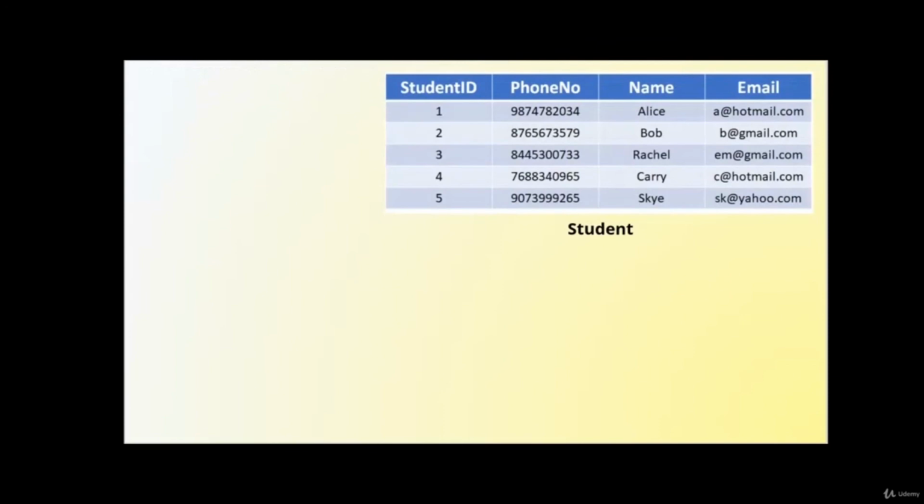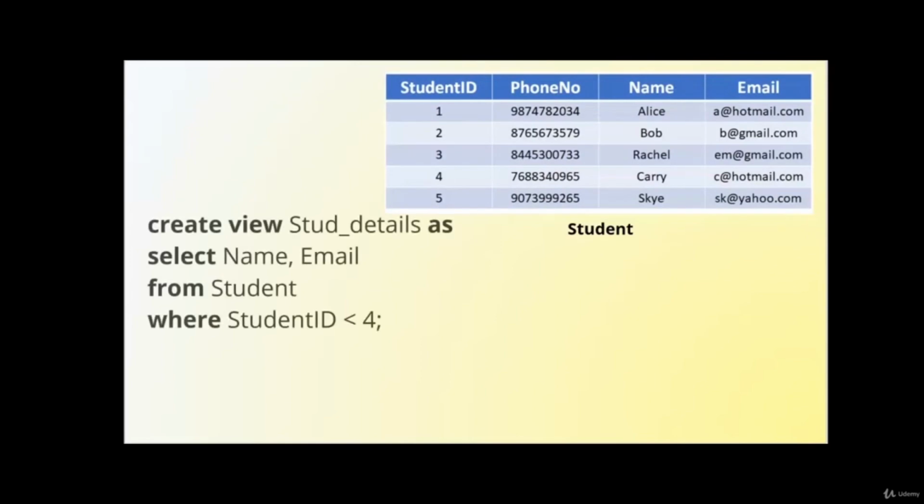So suppose there's this table named student, and from this table we only want 2 columns, that is name and email, and we want the records only up to student ID less than 4. So in that case, we'll write the query as